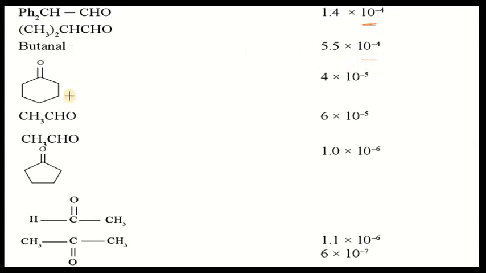Here butanol. Here hydrogens are there, but the possibility is very low because all sp3 hybridized atoms are present here. And here see aldehyde, ester aldehyde. This is the reason. So these are some examples I am showing, so you can understand in which kind of compounds the enol content is more.